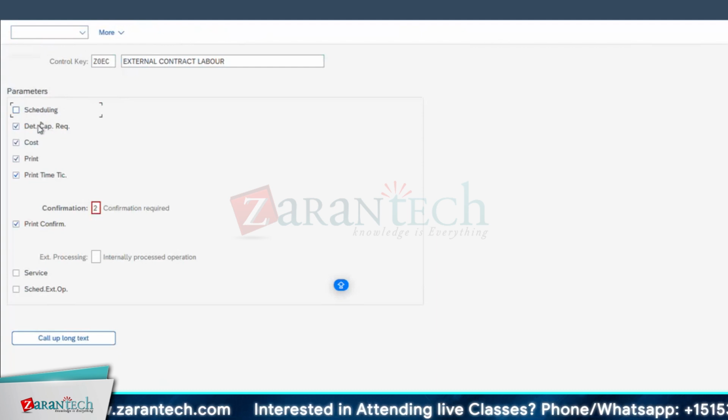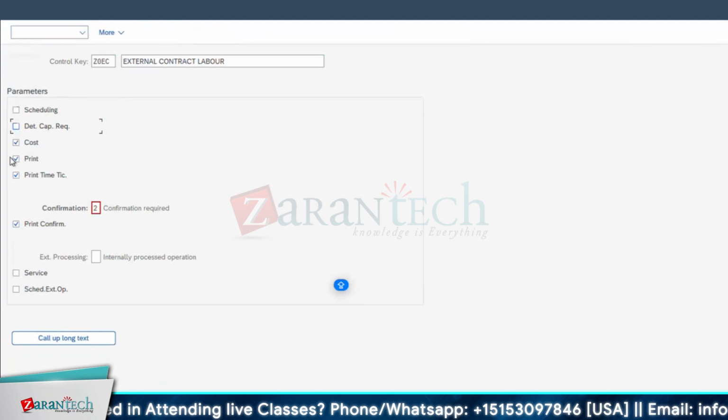Scheduling is not part of it. Detail capacity requirement not required. I want to maintain it in the PR and PO part, so we can have it optional. I just want to show you the difference. In your practice as an assignment, you can have this scheduling and detail capacity requirement and try that. As a standard, we don't keep this. Cost, of course, should flow to the order. You want to print, you can print. Time ticket is not required,